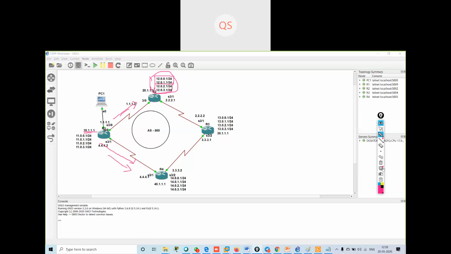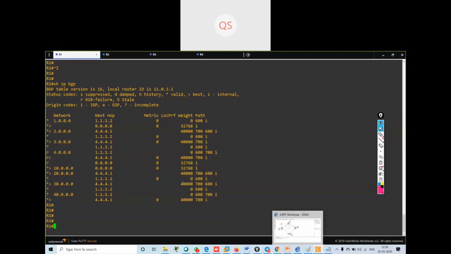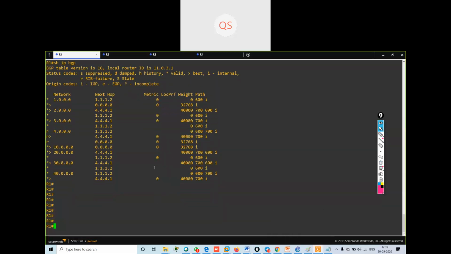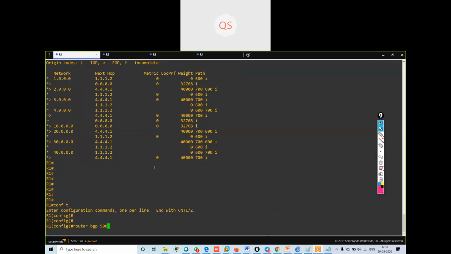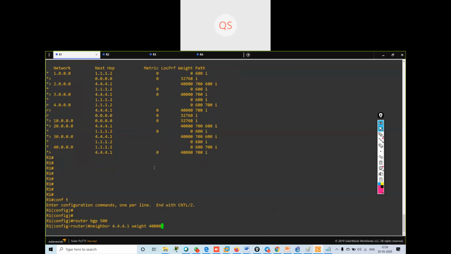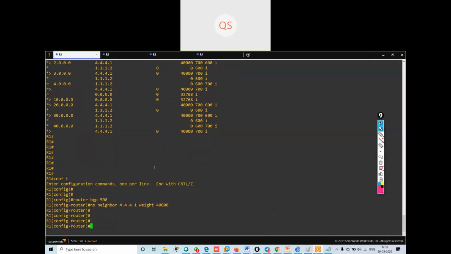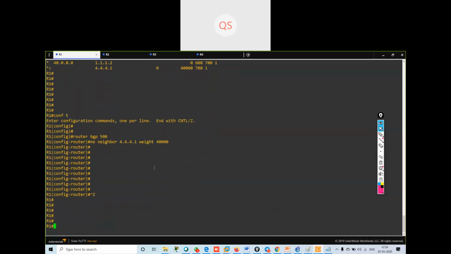I can do this by using route maps. I am on R1. I will remove this wait configuration from here. I will say no.